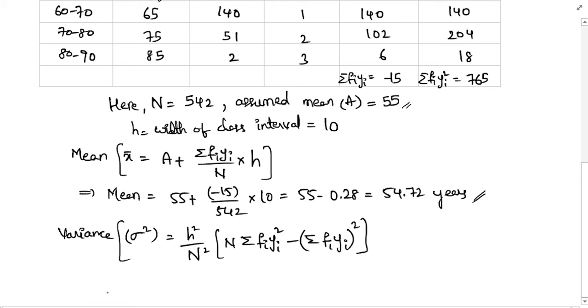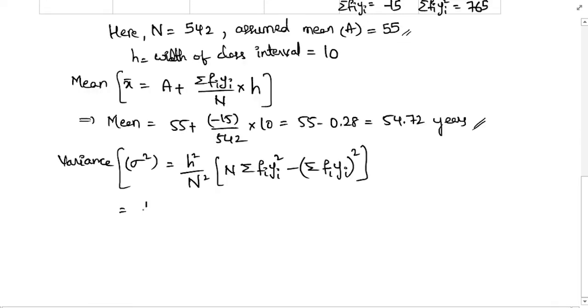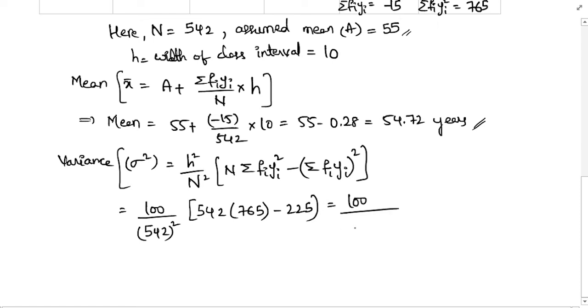Okay, so that will be equal to 100 divided by 542 whole square into 542 into 765 minus 225, that is equal to 100 divided by 293764. Okay, just calculate this, into